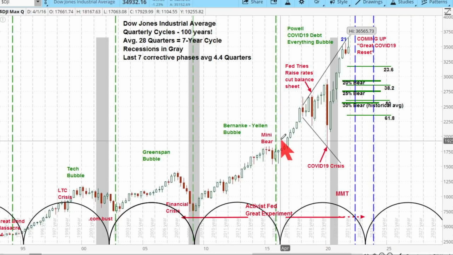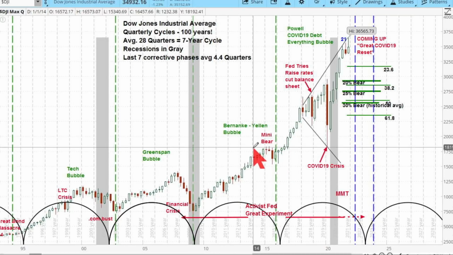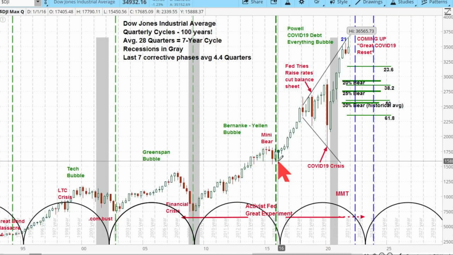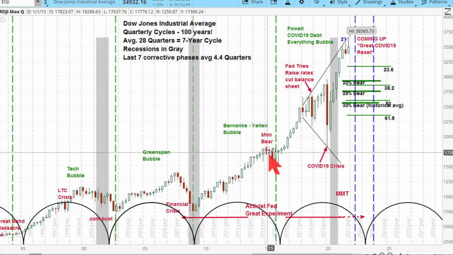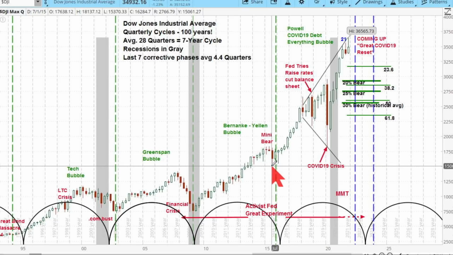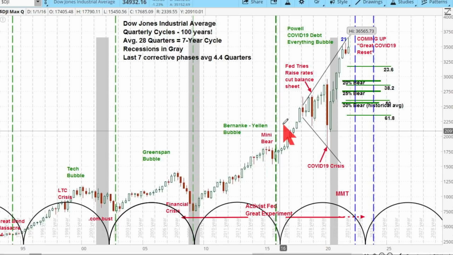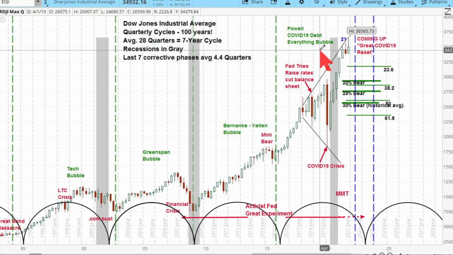The next one over here was the mini bear right over there. That was the Bernanke-Yellen bubble. And then this pullback over here, depends on what indexes you were looking at, was like a 17 to 23% decline right in here. And then right over here is Powell's, it's really the Yellen-Powell, or Powell